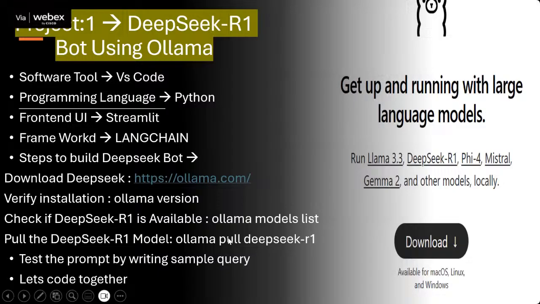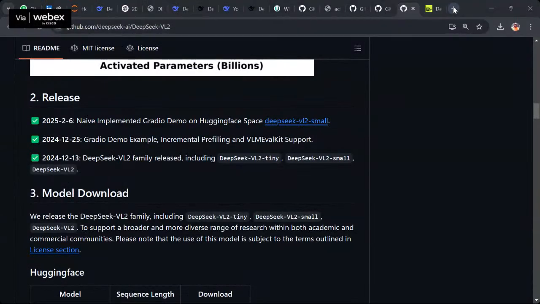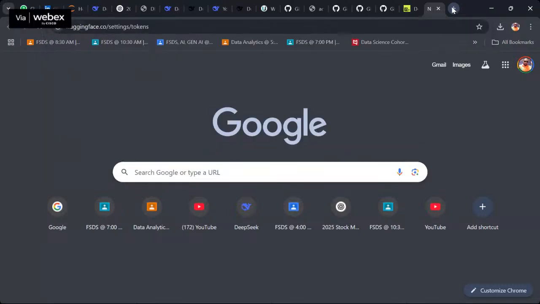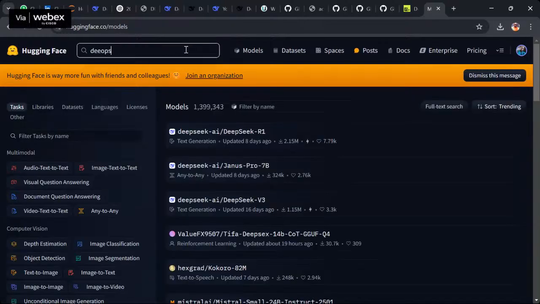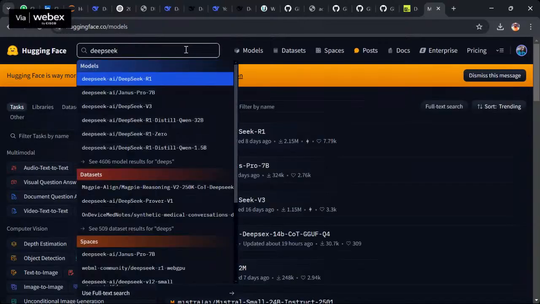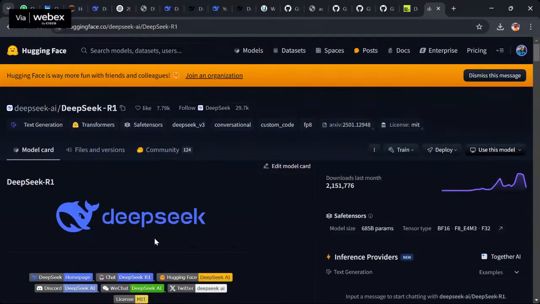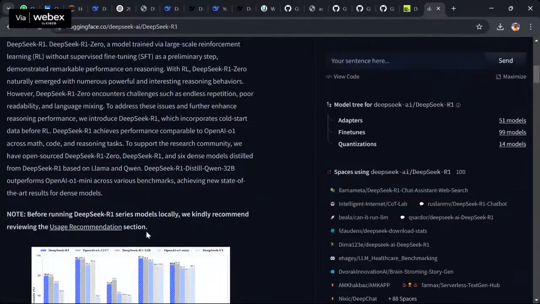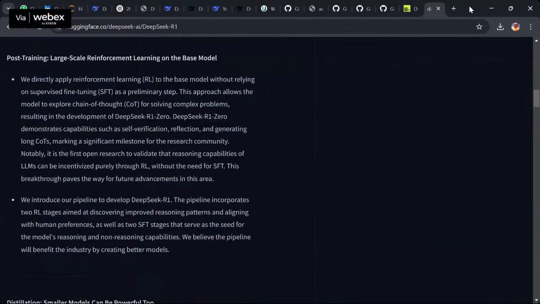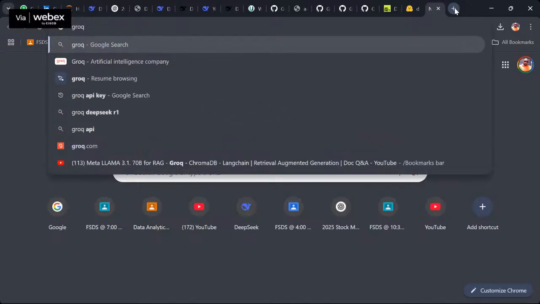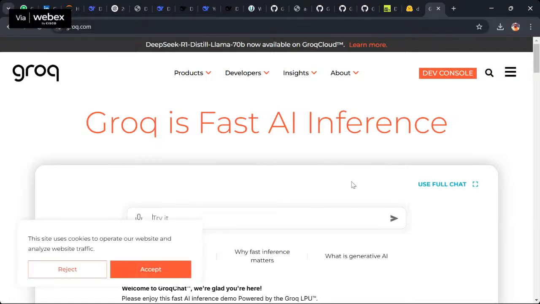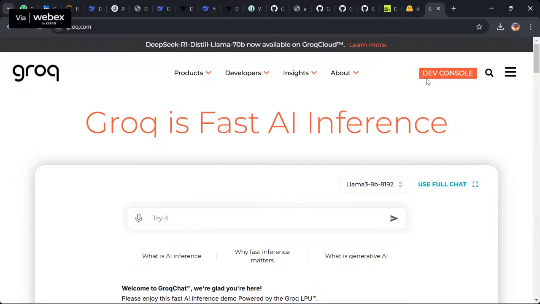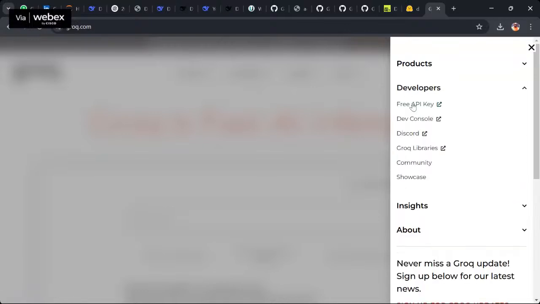For students who already know, go to Models on Hugging Face and search DeepSeek R1. Do you see Hugging Face has integrations with the DeepSeek model as well? Another one is Groq. Both are companies that let developers and users work with LLMs through their platforms. You can also integrate using a free developer API key.